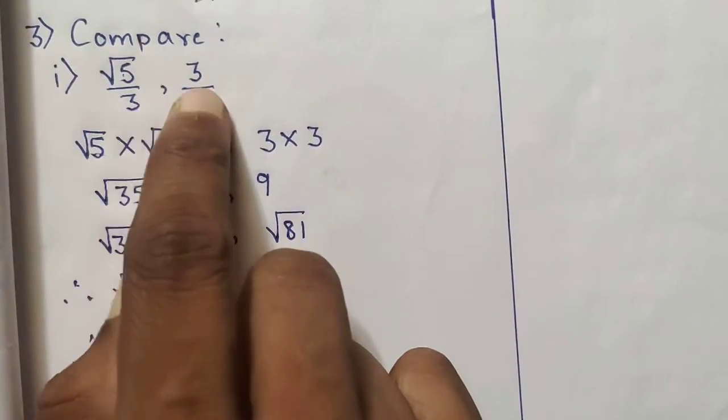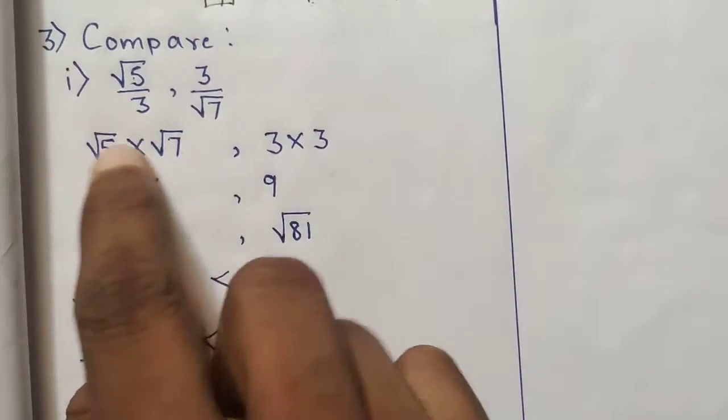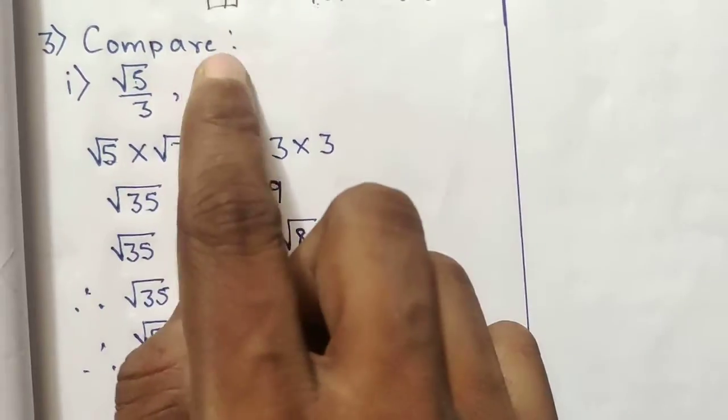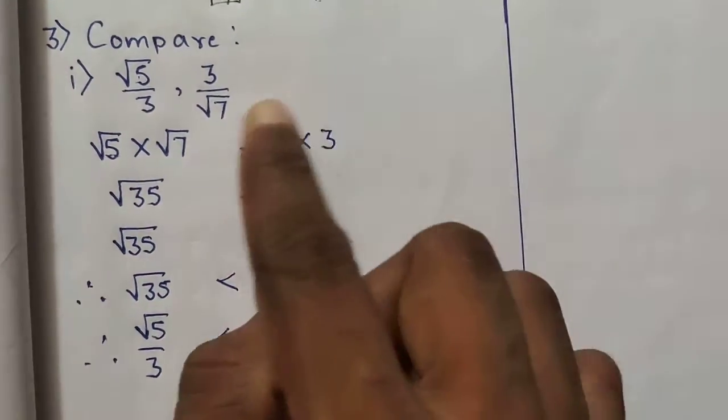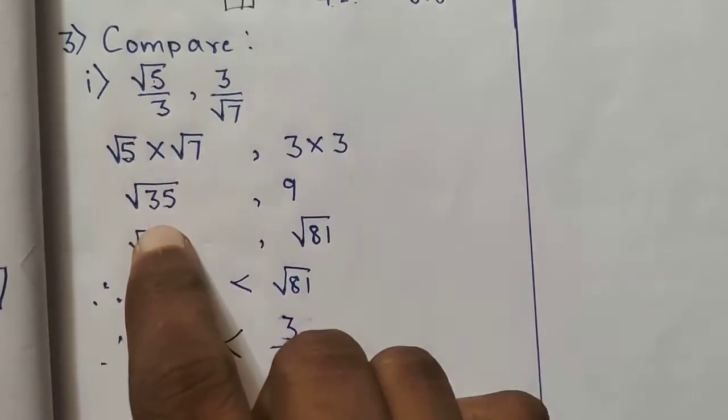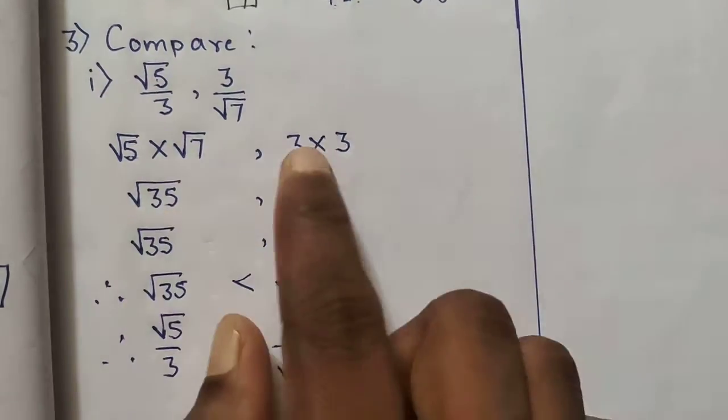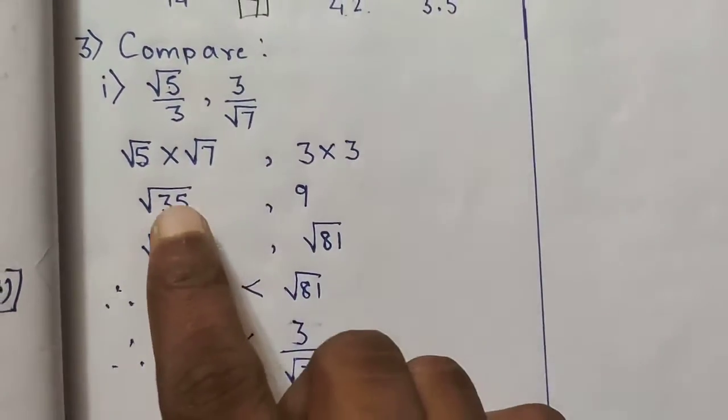Okay. So understand the steps first. You are going to do cross of this, and this belongs to your first ratio. Then do cross of this, and this belongs to your second ratio. Simplify it. This becomes 35. This is 3 threes are 9. So this is in the root.